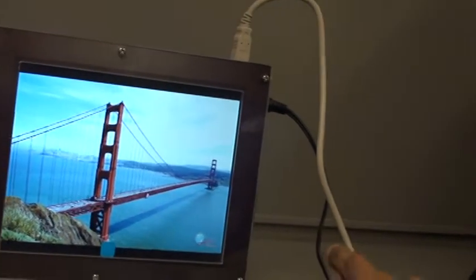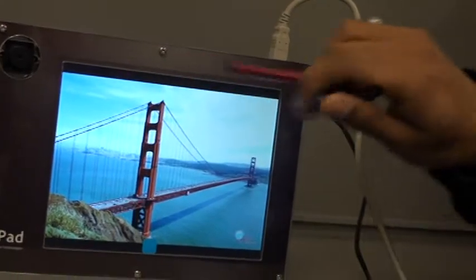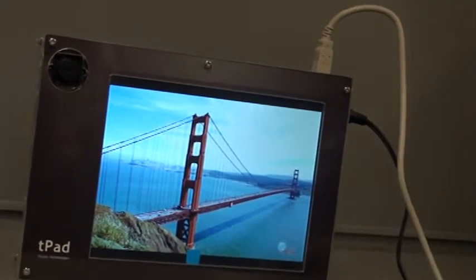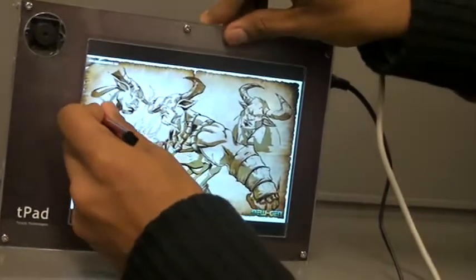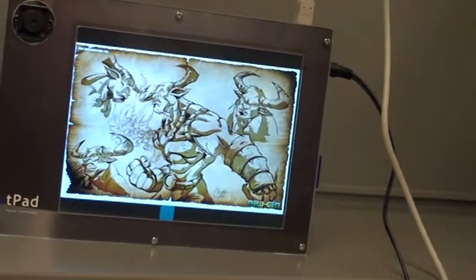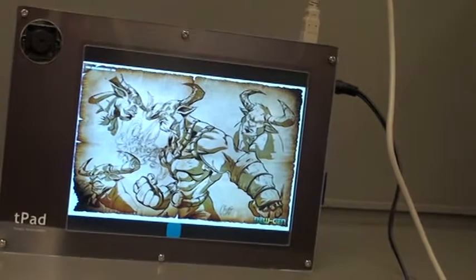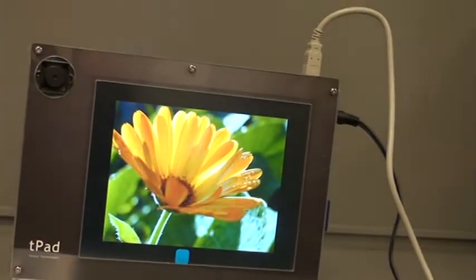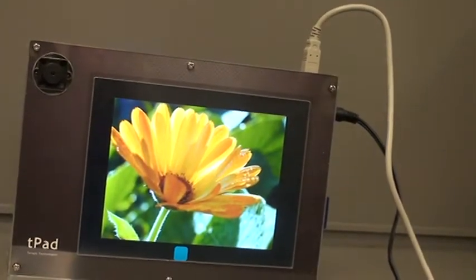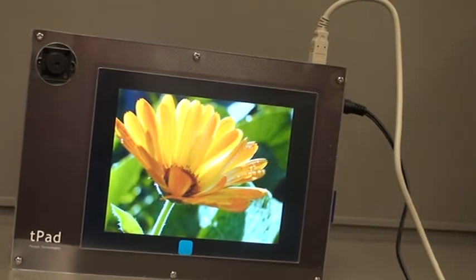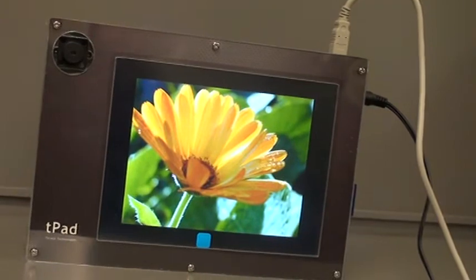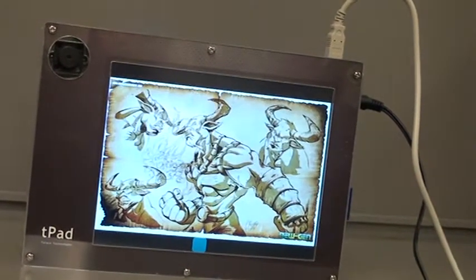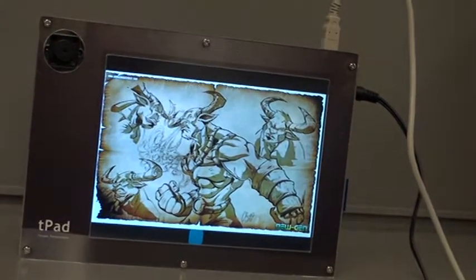Now the SDRAM starts reading from the SD card and buffering to the pixel FIFO, and you'll get the next image. If you want to go back, click on the other end, and it will go back to the previous picture.